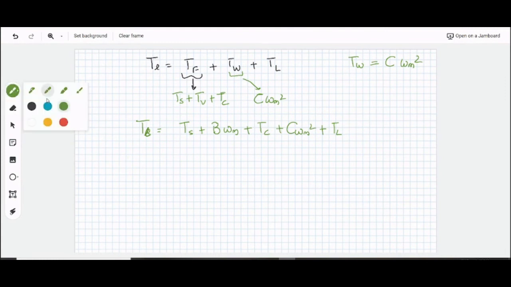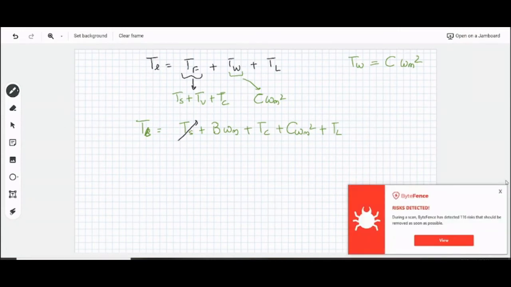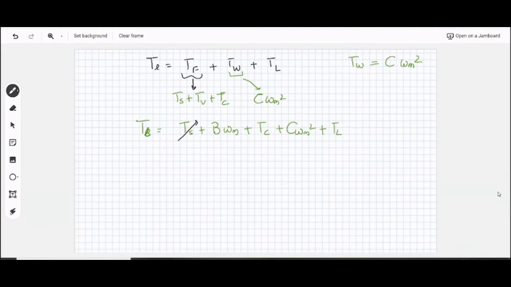Now this TS remains there only during starting or zero speed only. So you can neglect this. Also, it has been seen that this torque TC plus windage torque remains very small in comparison to this one. So it has been observed that in many applications,